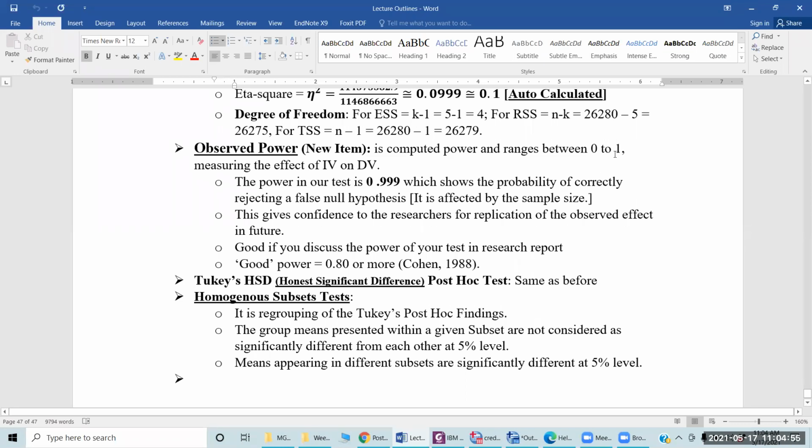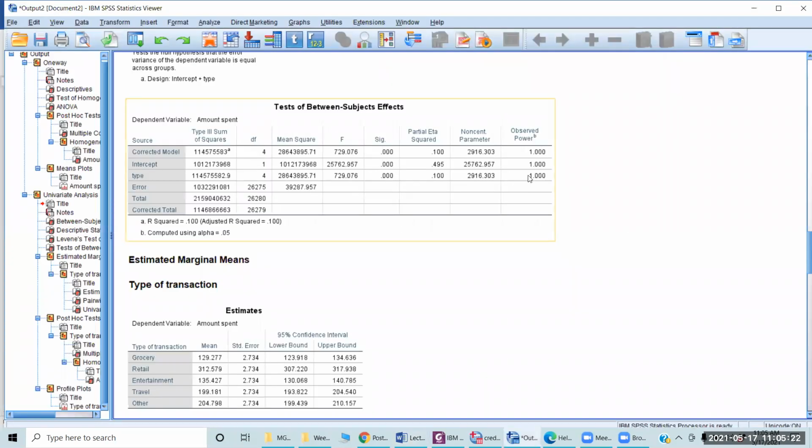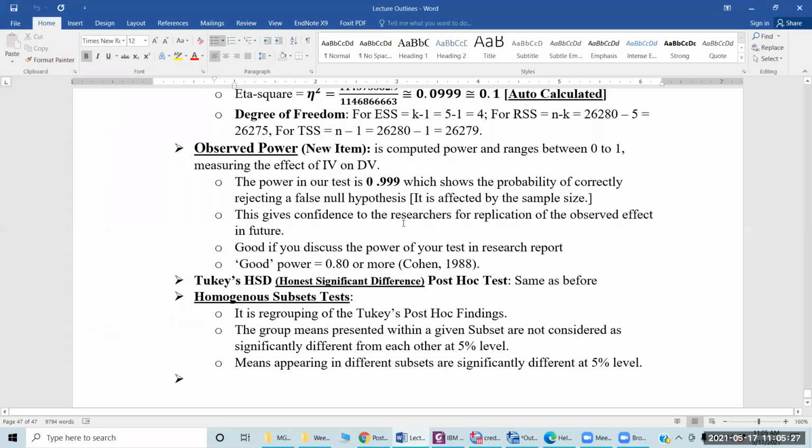The nearer to 1 the better it is. Better क्या मतलब, यानी उतना powerfully you are rejecting the false null hypothesis. Number 1. Number 2 ये कि अगर आपकी ये वैल्यू हाईएस्ट आ रही है ये प्रोबेबिलिटी की, यहाँ पे ये एक्चुअली इट वाज 0.999 लेकिन सॉफ्टवेयर इसको राउंड ऑफ करके आपको यहाँ पे 1 दिखा रहा है. एक्चुअली इट वाज 0.999. अच्छा, अब ये क्या शो कर रहा है, इसका मतलब ये है कि